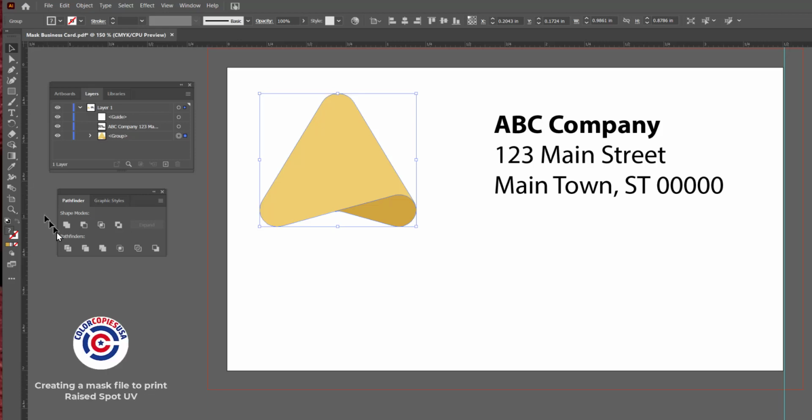Hi, today we'll create the black mask that's needed for raised spot UV. This would be the same mask that's needed for a regular spot UV. In this case, we have a business card, and that's 3.5 inches wide by 2 inches tall. And we have this sort of logo, and this is where we will want to have the raised